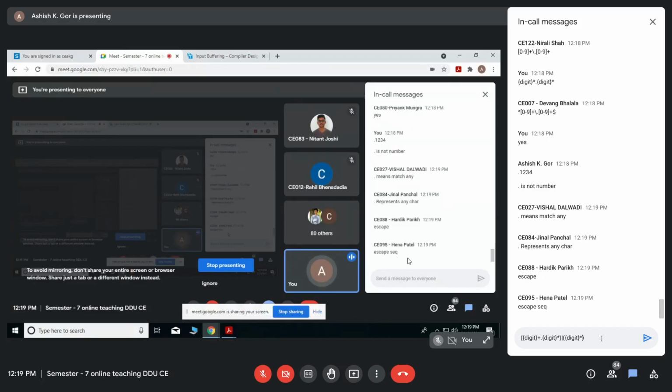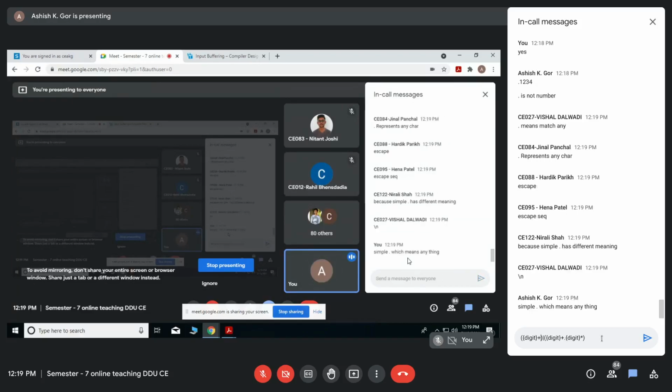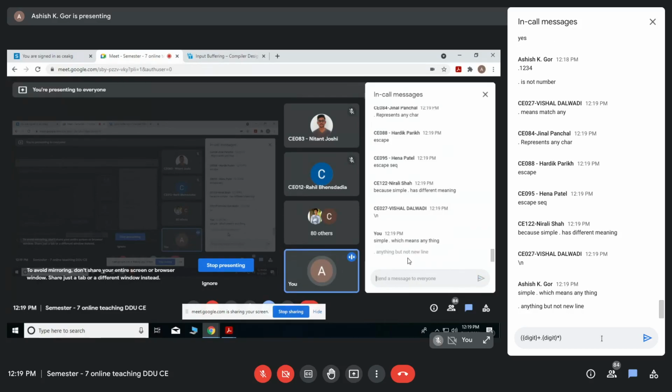So I should not write a simple dot. If you write a simple dot in lex, it means anything of one character except newline. So dot means anything but not a newline.